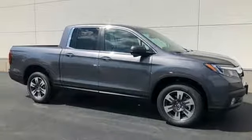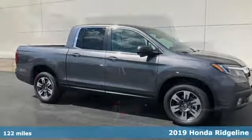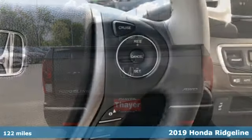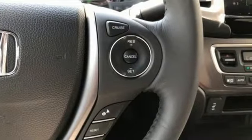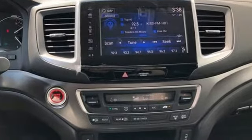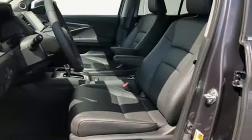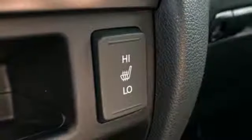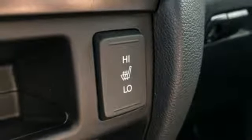Here's a 2019 Honda Ridgeline. The versatility and styling of a truck with the comfort and convenience of a crossover. Active noise cancellation, push-button start, cruise control, and a 60/40 split lift-up rear seat with underseat storage make this the ultimate family hauler. Enjoy the endless possibilities and exciting times with Bluetooth, an in-bed trunk with drain plug, integrated trailer